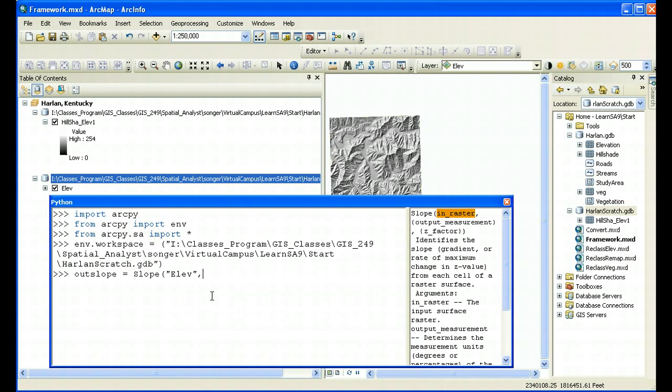I put in a comma, and then I want to type for step 6, I want the slope calculated in degrees. For step 7, you'll do this again, but you want to calculate in percent rise. So I'm going to double click degrees, and then it's looking for the Z factor, and the Z factor